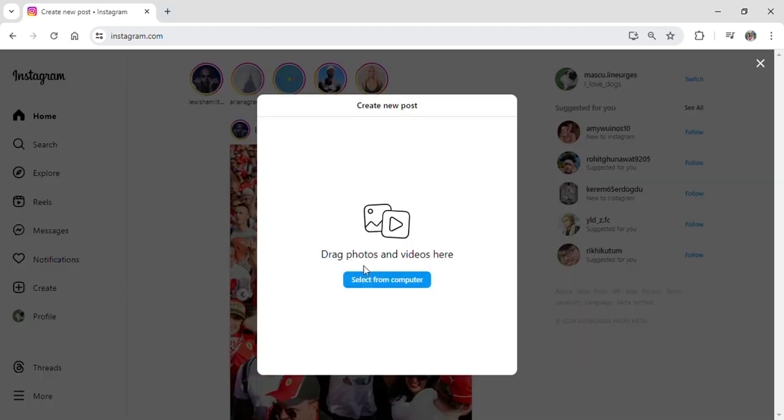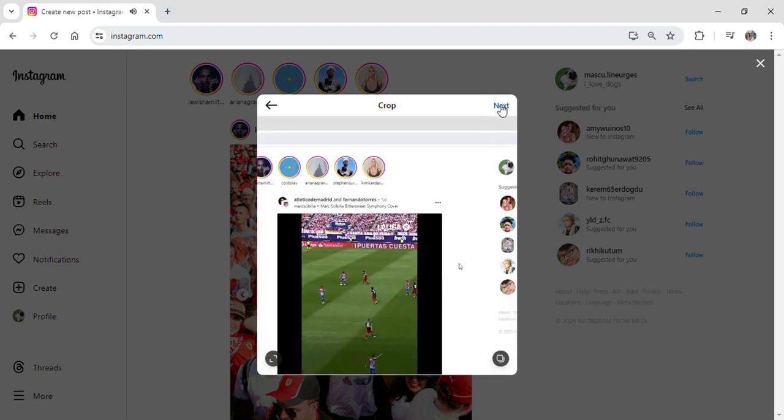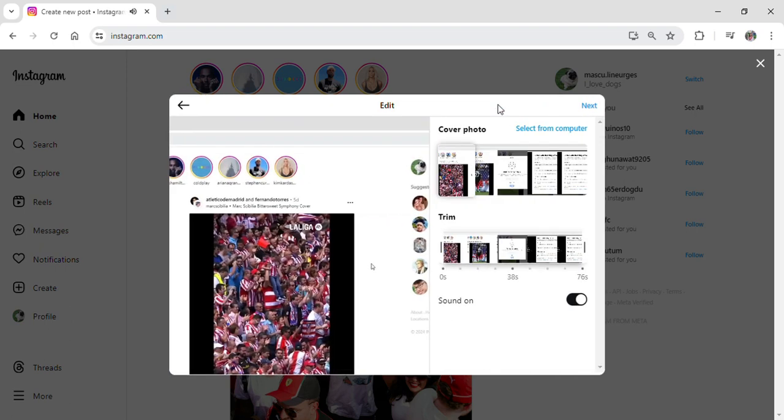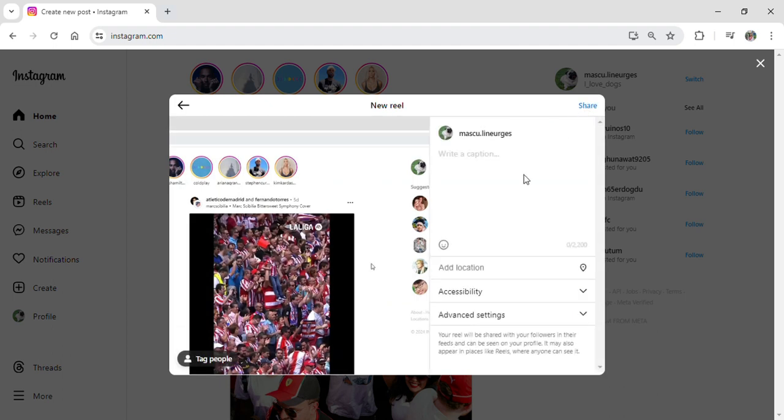After you do so, again click on select from computer, and now from here you can select any photo or video of your choice that you want to post on your Instagram. After you do so, just open it up and click on next, and from here you can edit the cover photo and trim the video as you want, and you can also keep the sound on or off for the video. And after that, click on next, and again here you can write a caption, add a location,